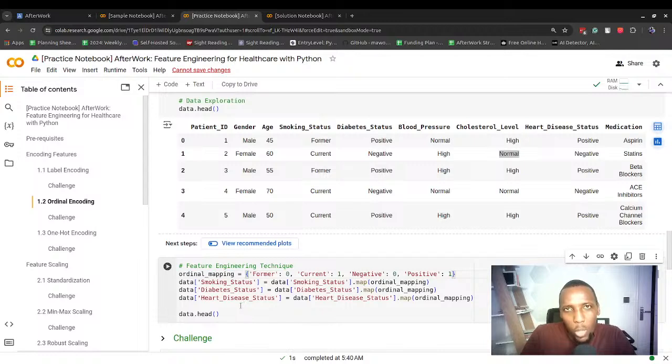So to be able to do that, we can define our mapping, or define how we would want to replace those categorical values. So we can use a dictionary. Maybe for the value former, we want to have the value 0. For current, we want the value 1. For negative, value 0. Positive, 1. The idea here is that we are also trying to tell our model something about the categorical values. We want it to take into account the order of values,